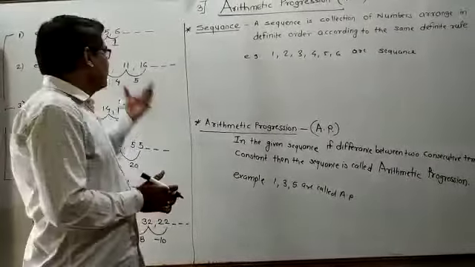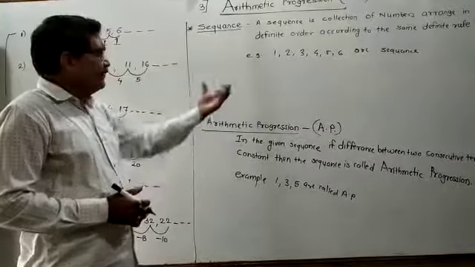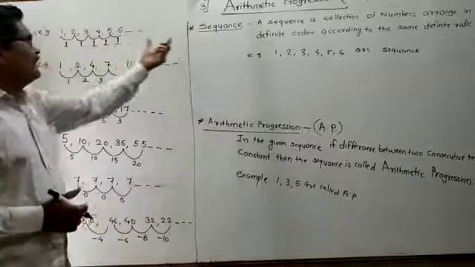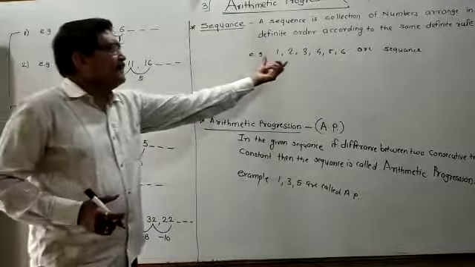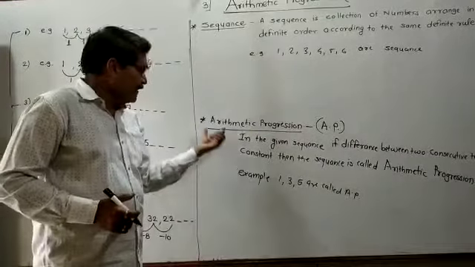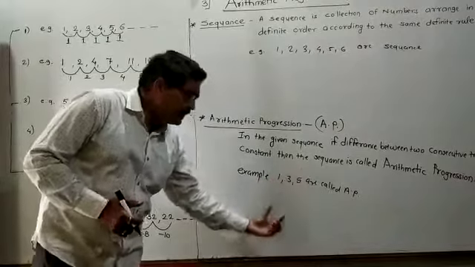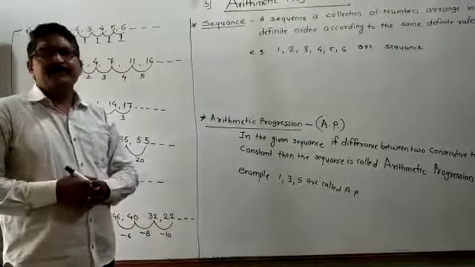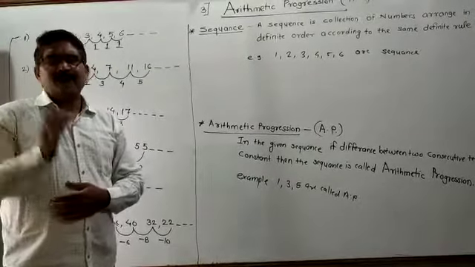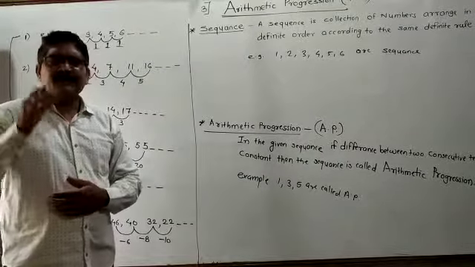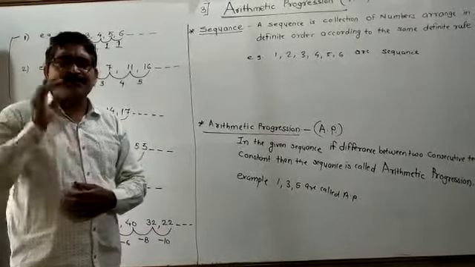You have to write these examples and this definition also. I have not written the example, but you have to write this sequence downside. Whatever example number I am giving, you have to write. And for arithmetic progression, write examples 1, 3 and 5 downside, and complete the notebook. Everybody understand? If you have doubts, give me a message on my personal WhatsApp number if you do not understand.